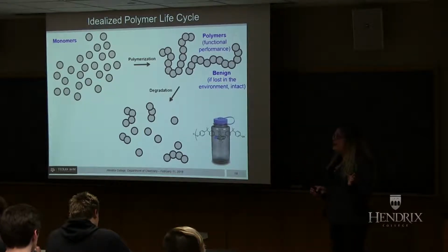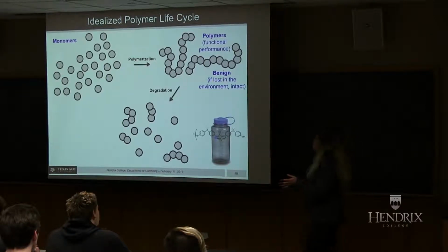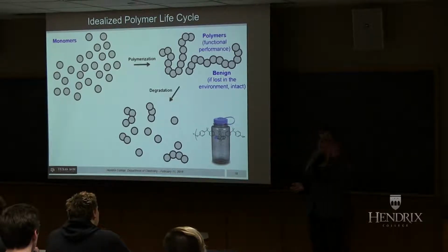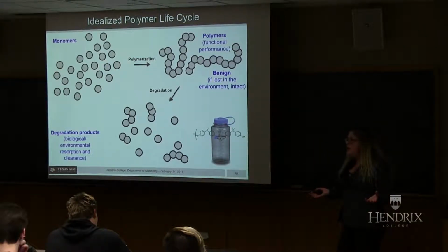It's a great engineering plastic. But when it's put into an extreme environment, like a dishwasher, at elevated temperatures and high pressures with that hot water blasting upon it and the presence of detergents, these carbonate linkages along the backbone can undergo hydrolysis and release bisphenol A, and that's been implicated in cancer and other diseases. So you want to worry about, even if this is not meant to degrade, what could it produce when it undergoes degradation? And so we want to have degradation products that are biologically benign, environmentally resorbable, but also